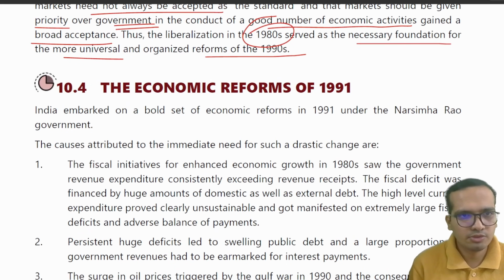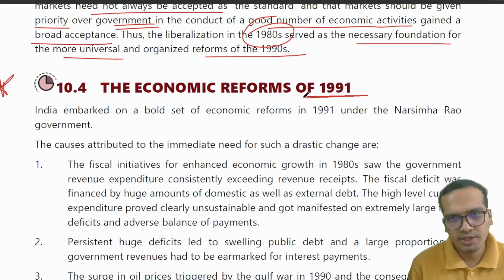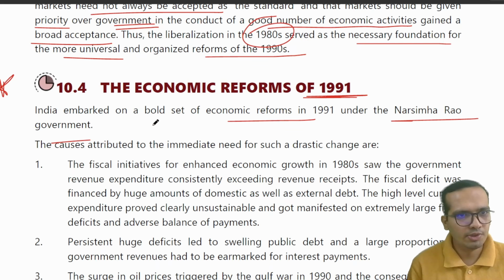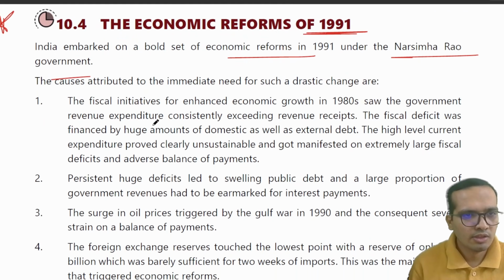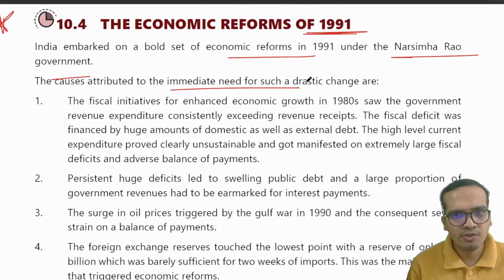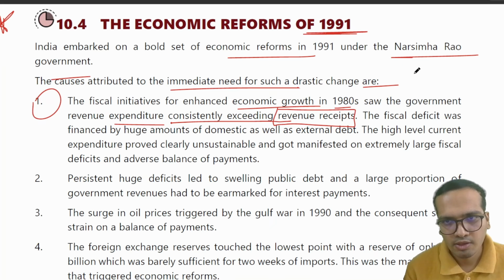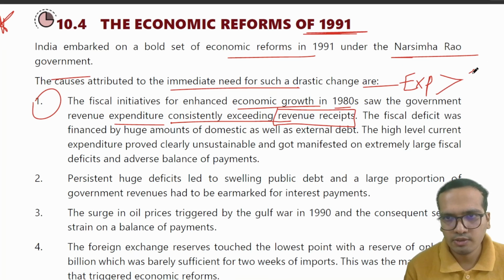The economic reforms of 1991. India embarked on a bold set of economic reforms in 1991 under the Narasimha Rao government. The causes attributed to the immediate need for such drastic change are: first, the fiscal incentives for enhanced economic growth in the 1980s saw the government revenue expenditure consistently exceeding its revenue receipts. मतलब खर्चा ज़्यादा है, इनकम कम है. Expense is more than income